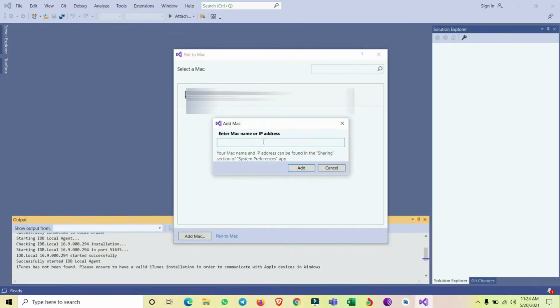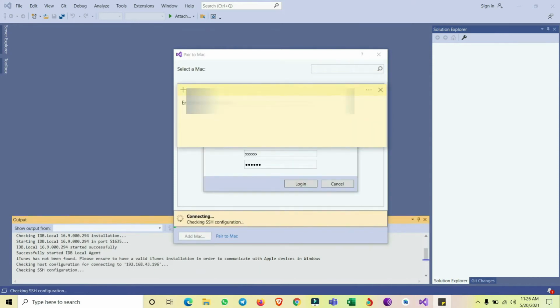Enter the IP address which you noted down from the Mac system, in the remote login area. Once you have typed the IP address of the Mac system, press Add, and then it will ask for the username and password.